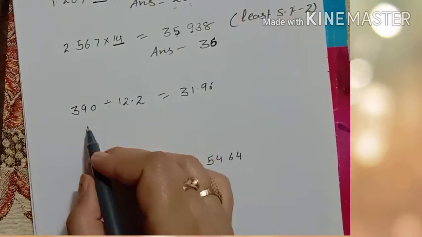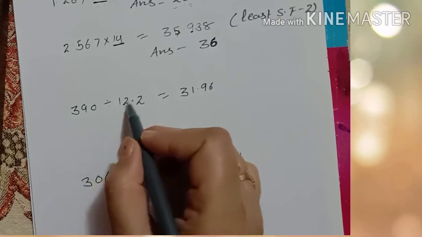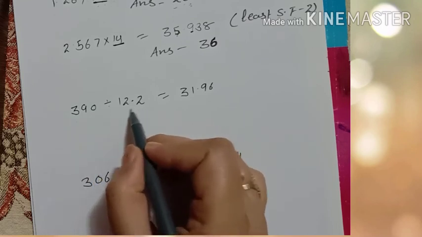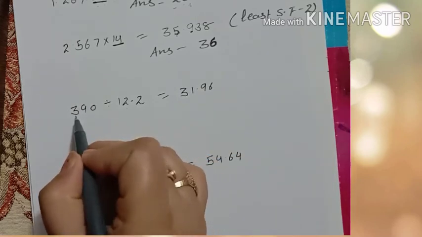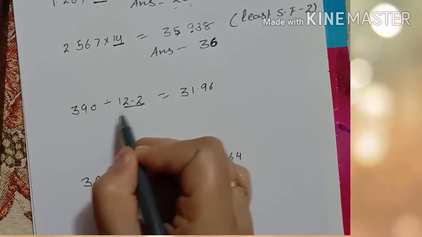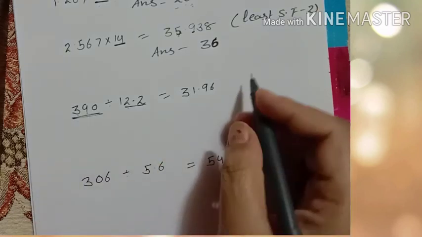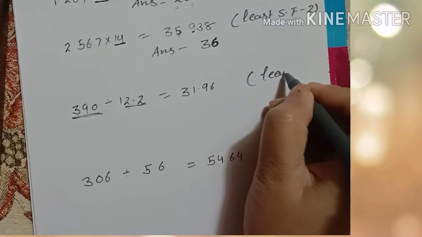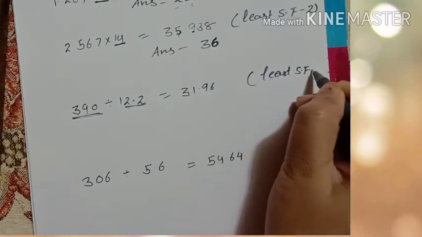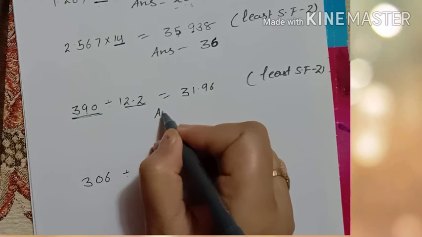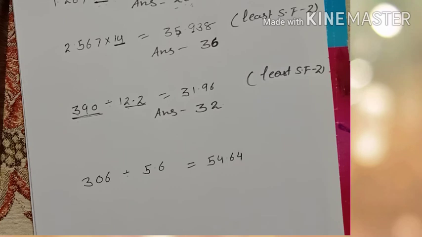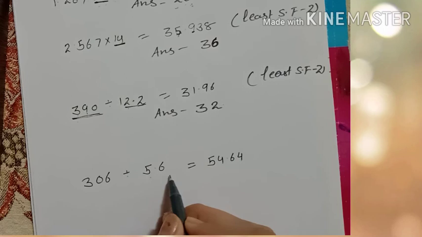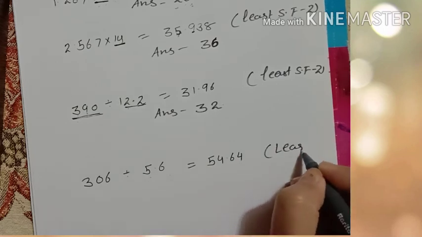Now in divide case 390 divided by 12.2, here least significant number is 2, 3 and 9. In this we have the 3 significant number, in this we have 2 significant number. So least significant figure is 2. So आंसर क्या आएगा आपका? आंसर will be 32, right? In this case least significant number is 2,